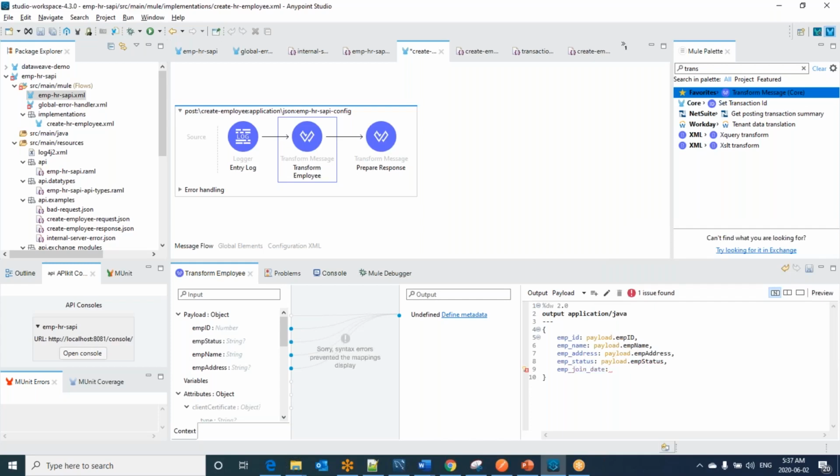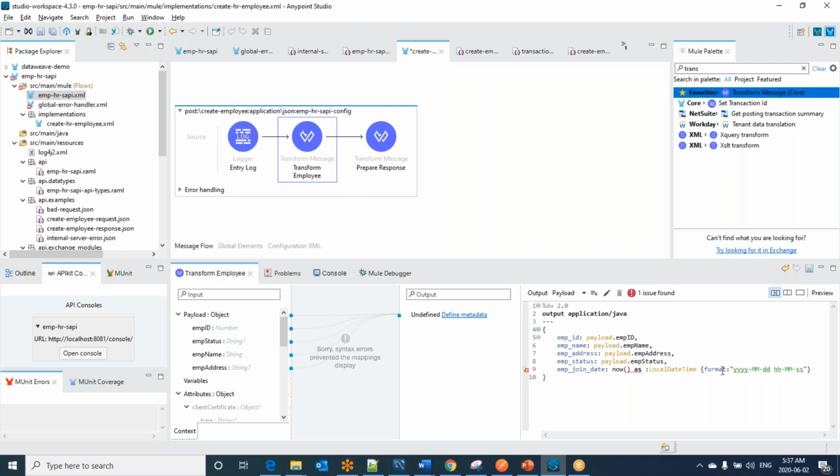To deal with SQL types, we can now take it as local date time format. It always expects the format as yyyy-MM-dd HH:mm:ss.